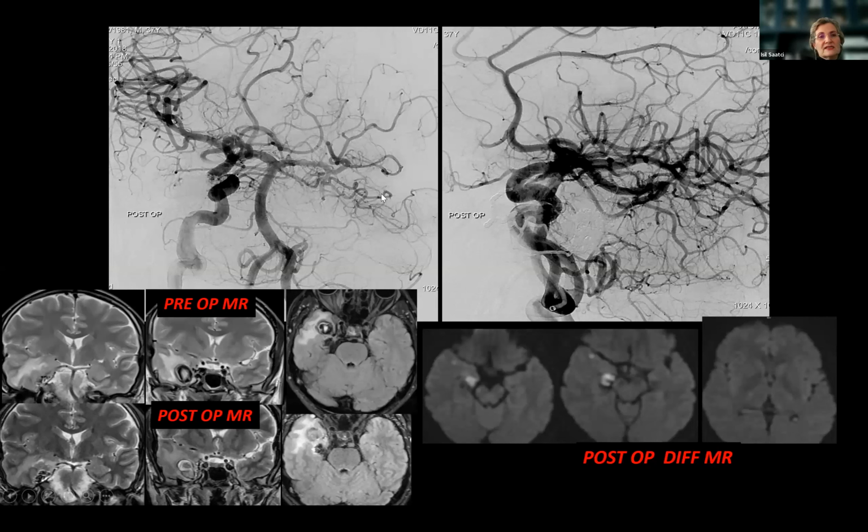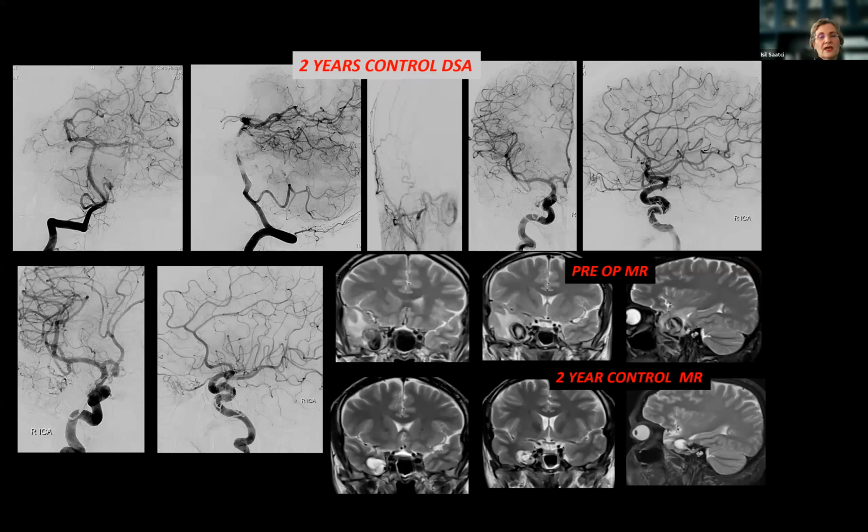And in this case, we were able to cure this AVM, and these are the post-operative MRI. And in diffusion series, apart from this tiny dot, we didn't cause any harm to the parenchyma with our full flow control and the occluded AVM you see. And 2 years control, stable result, and shows the thrombosed venous aneurysm and no edema around anymore.